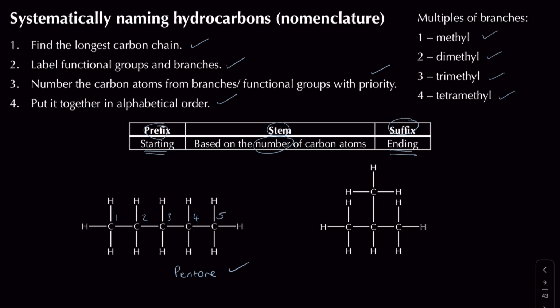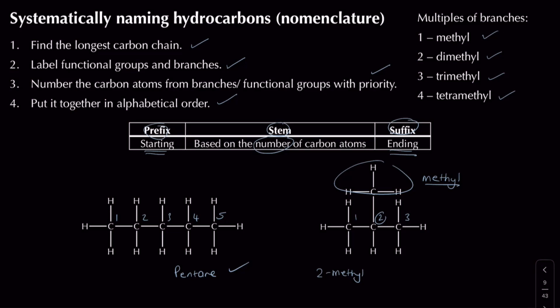But the thing is, I've actually got a branch on here itself. Now that branch, because it only contains one carbon atom, this branch we call it an alkyl group, but to be specific, it's a methyl group. Now if I were to label my number of carbon atoms, which again, remember, it doesn't matter, I've got 1, 2, 3. On the 2 position, I've actually got my methyl group attached there, and so I would end up naming this with the prefix of